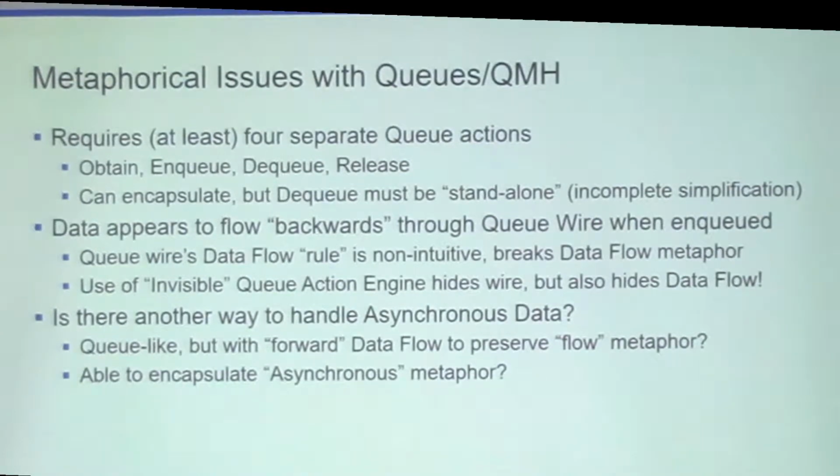So is there another way? The use of the invisible Q engine hides the wire, but also hides the data flow. Is there another way? You want something that's Q-like, but with forward data flow, to produce the flow metaphor, and something that can encapsulate the